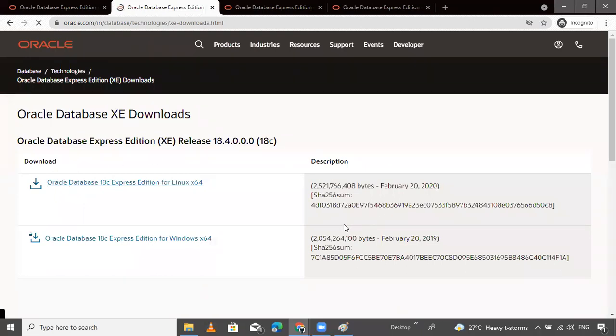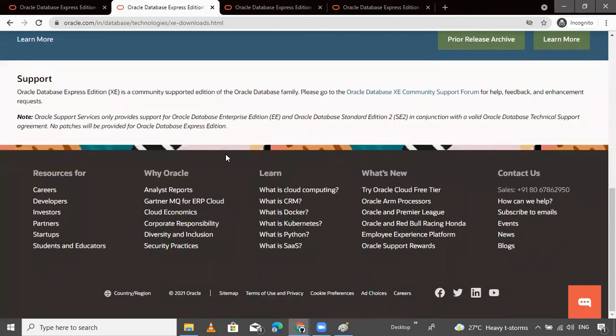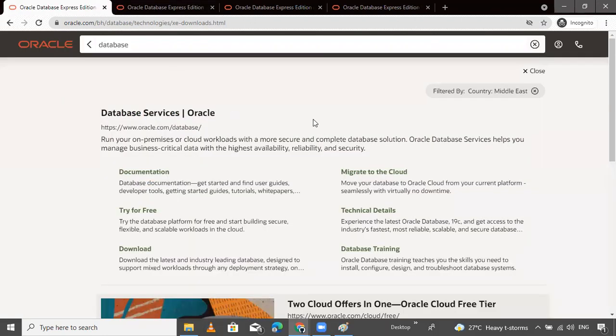And also showing this is high. Release this XE version 18.0, 18C. This is the 18C, not... I have done the practical.